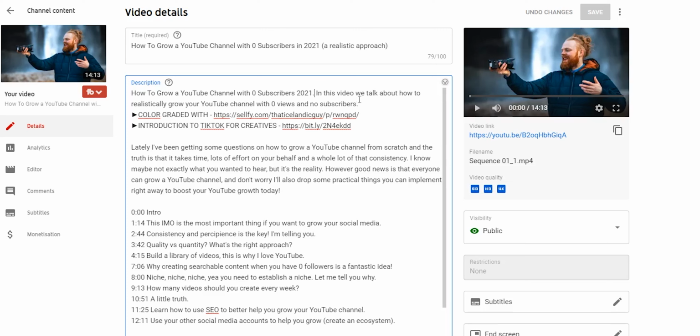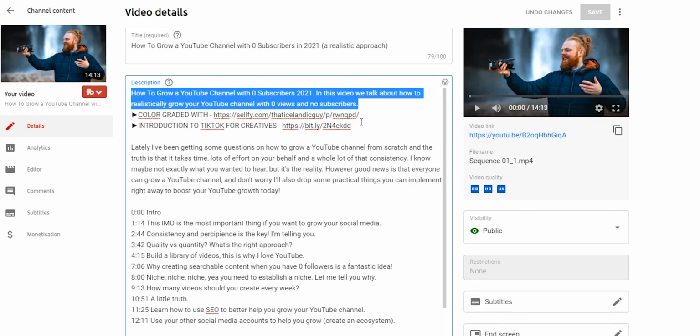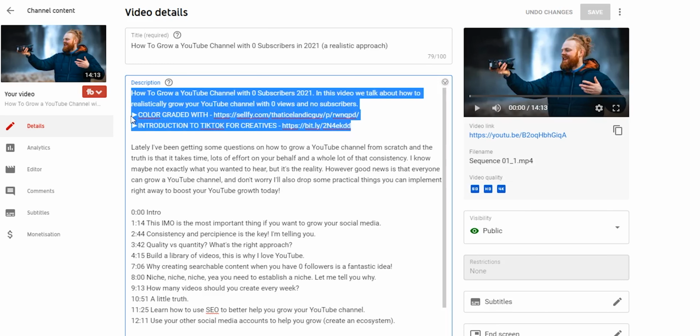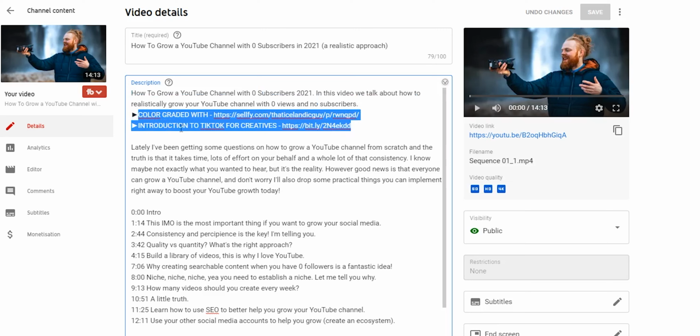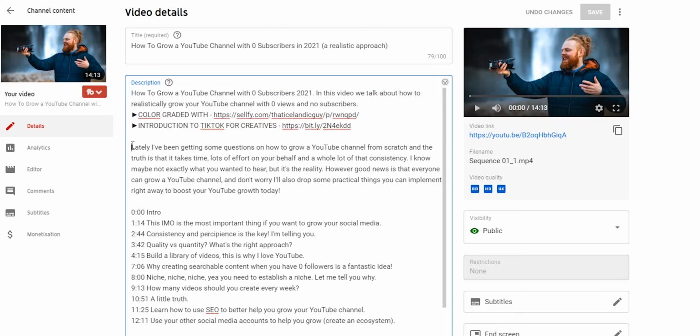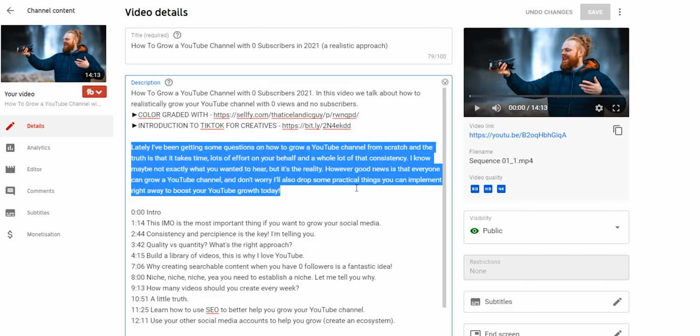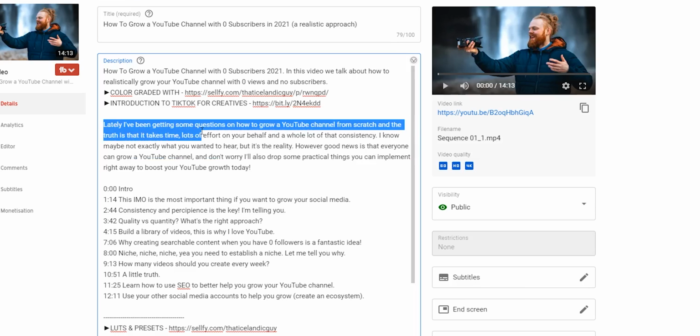I basically try to write one little paragraph here, and then I have my links. I usually have a link to something that I think is nice, and then I write at least another paragraph here and maybe another paragraph. So there's a bunch of words there. And the words I put in here, I don't want to sound robotic, but I'm